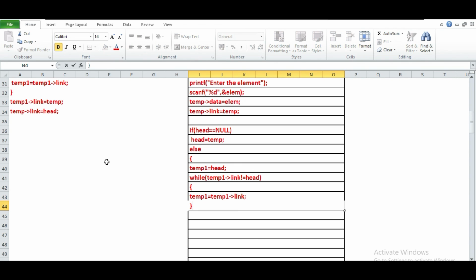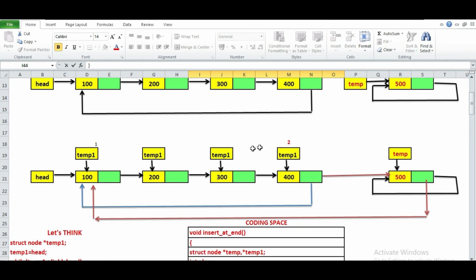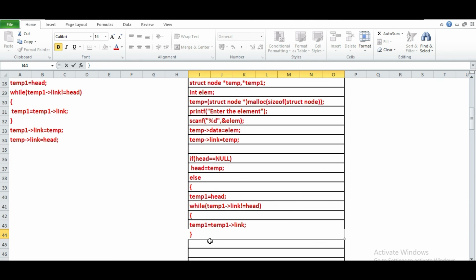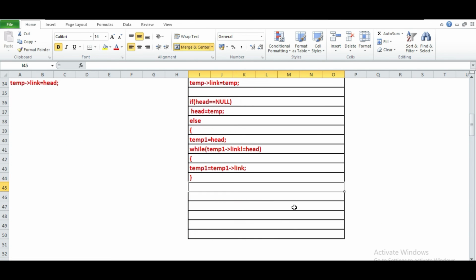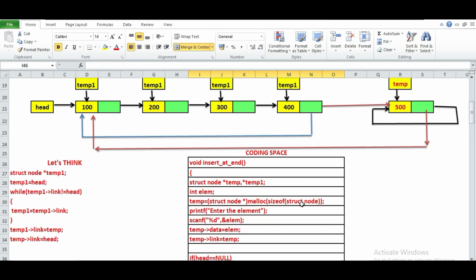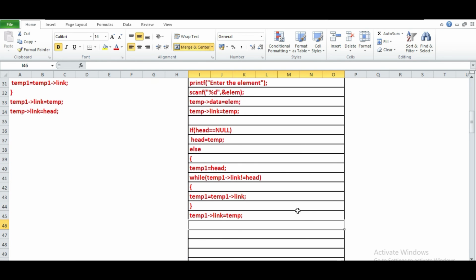So once I do this, my temp1 is coming to the last node. Then I'm going to write temp1's link is equal to temp, and temp's link will be equal to head. Yeah. So we will write temp's link equals head.